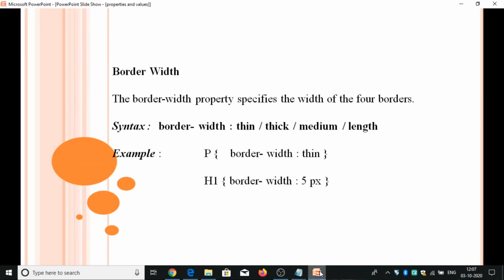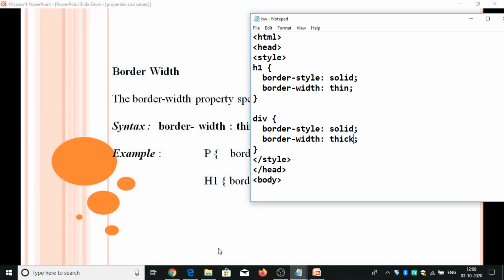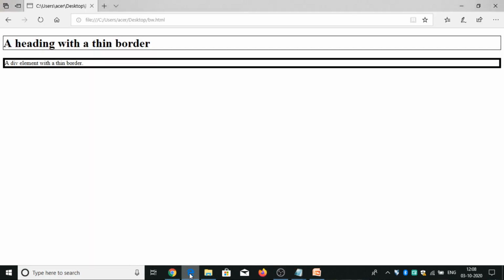You can also specify the width of 4 borders with values thin, thick, medium. For that program, this is the program. I have specified the border with thin and thick, H1 with thin and div with thick. Let's see the output. This is the output of our program.